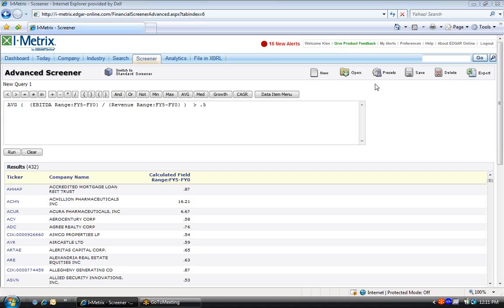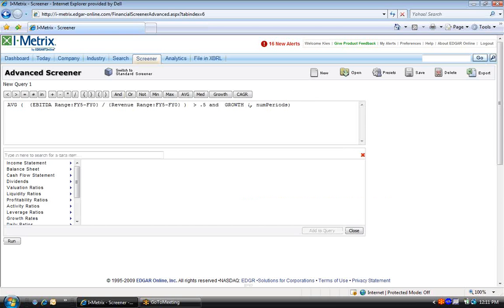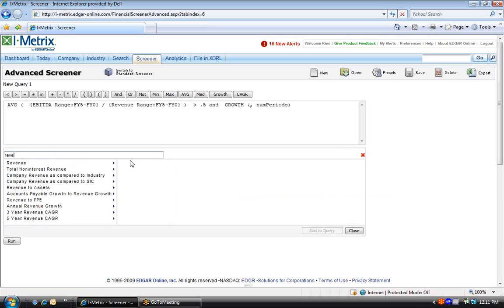Let's add in another criteria to this screen, this time using the growth function. I'm going to type in AND, click on the growth function, which is slightly different in terms of its syntax. Let's say that we're looking for revenue growth greater than 200% over the past 5 years. Click Data Item menu, type in revenue,